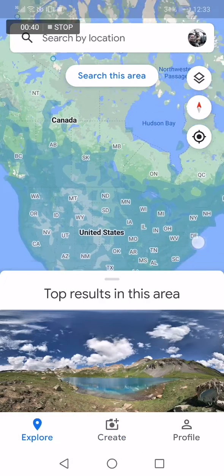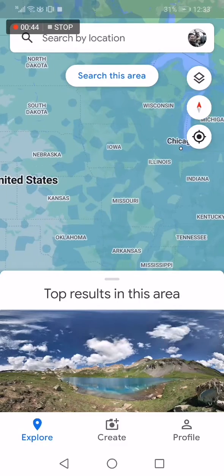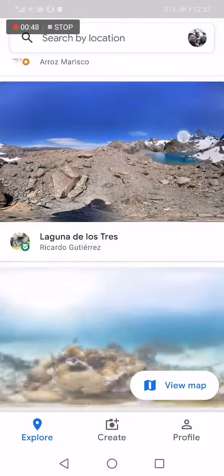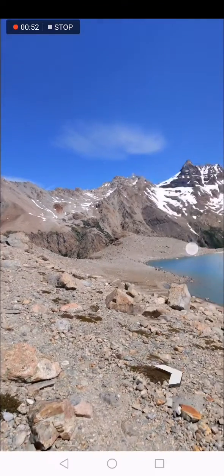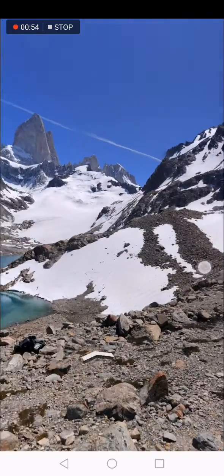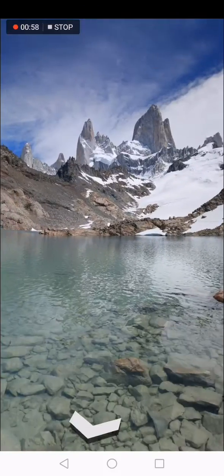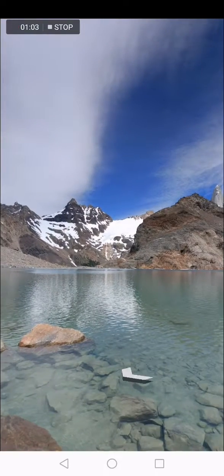And here on the map, here in the explore, you can explore the map easily and fast. And as you can see, you can see the results right here. For example, let's see this one. As you can see, it's like you are exploring here. As you can see, you can move like this,